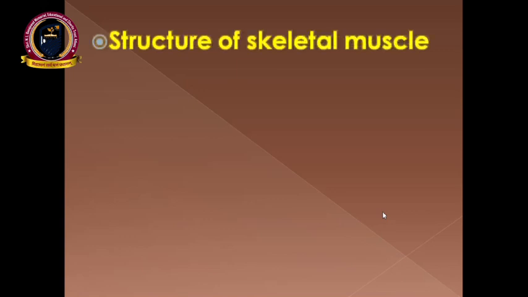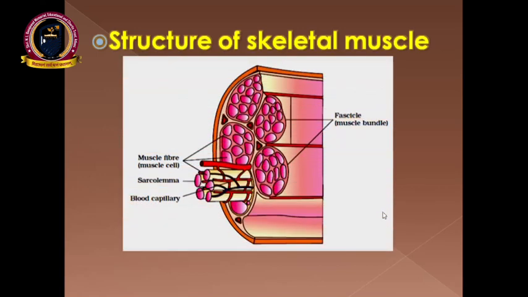Now, the structure of skeletal muscle we need to know. This is a diagram from the NCERT book which gives you the details of a muscle. As we see there, the skeletal muscle is further divided into bundles of muscle fibers, and these bundles are called muscle bundles or fascicles. So there are so many fascicles in a muscle, and in between the fascicles there are interfascicular blood vessels, okay,